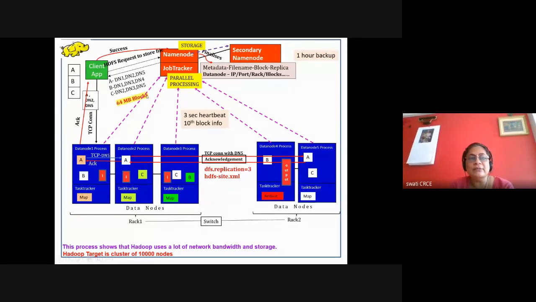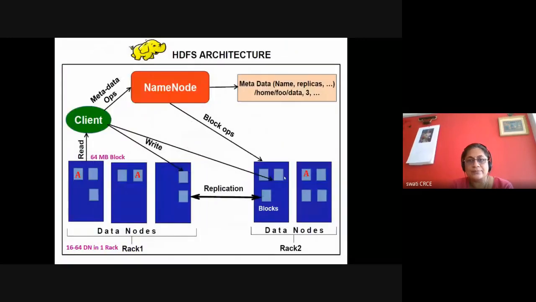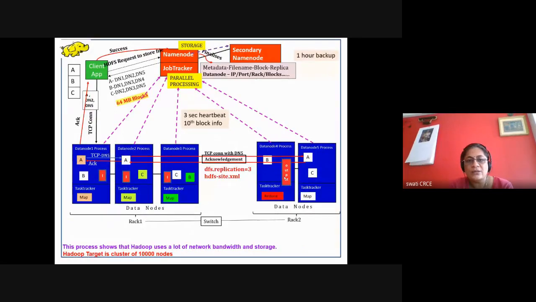So in future, whenever the results are to be referred, the system will inform the client application to refer to the output.txt file on data node 4, and then it will perform the read operation on this output file. So this is the way it happens in this architecture. Okay, so we'll summarize this.